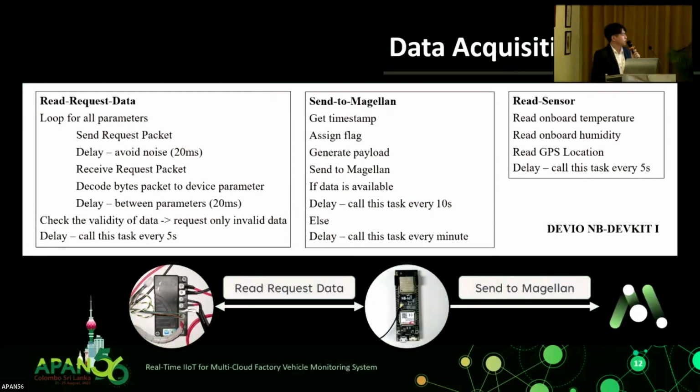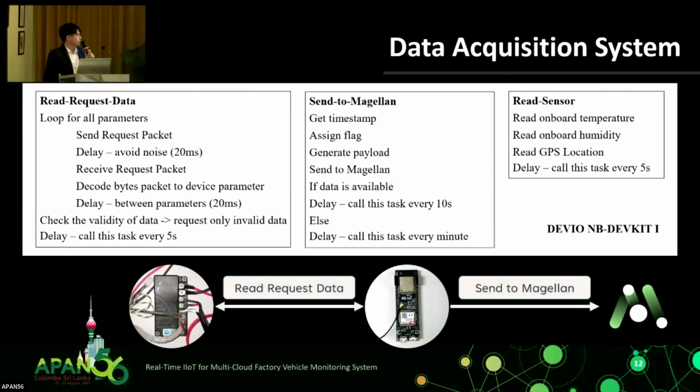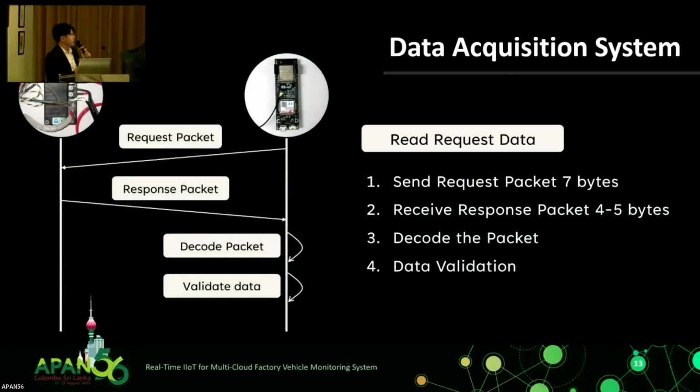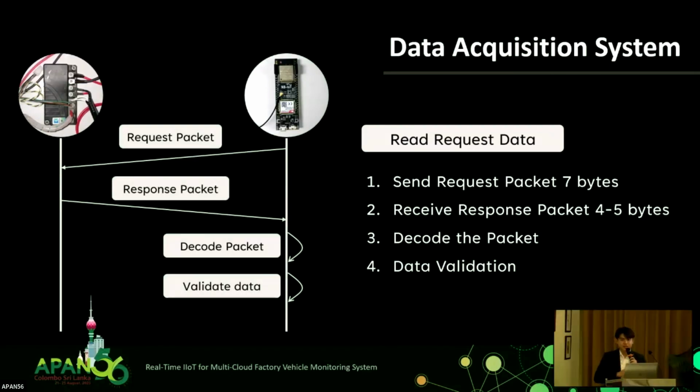And here's the processing unit that we design. The first thing is we have to request data. This is kind of like reverse engineering, because they don't have documentation for us to tell what the bytes mean. So we have to